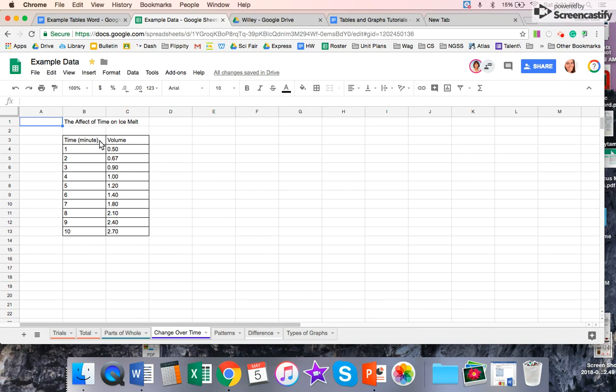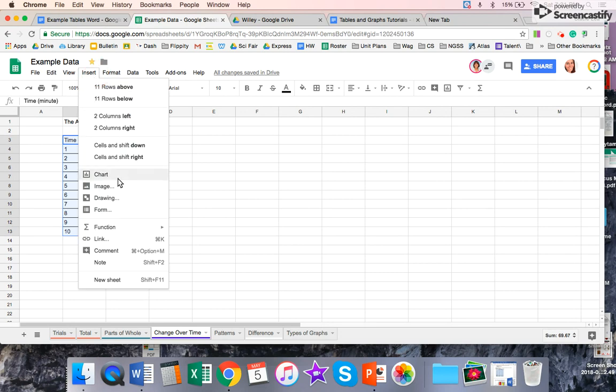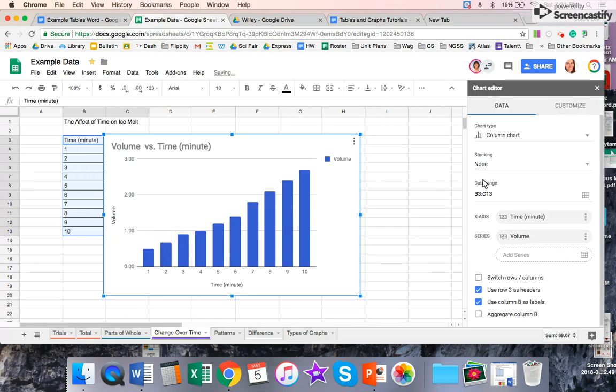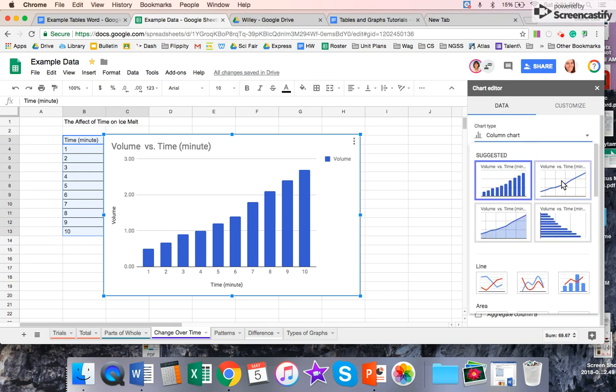Now, last one, change over time. Okay, haven't made this one yet, so hopefully it goes right. So I'm going to copy my data, and I'm going to insert chart. And it comes up with a column chart, and I don't want that. I want,